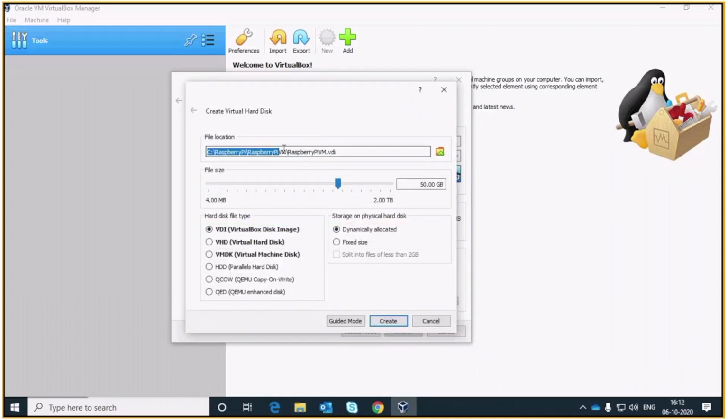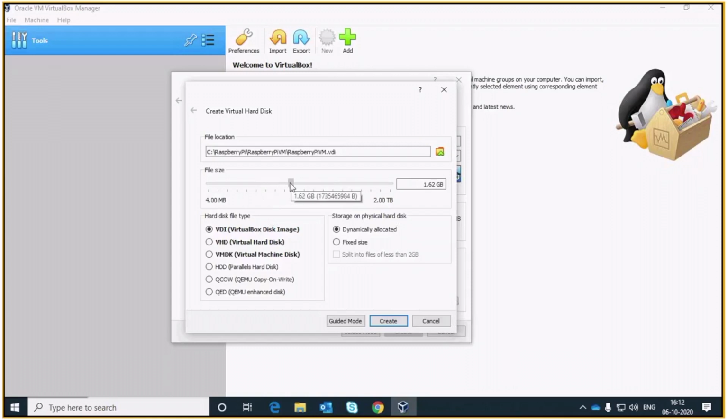Give the location of the virtual file where your virtual disk will be stored, and you have to give the size of the virtual hard disk. These are the recommended settings from VirtualBox, but based on your machine you can set it up.